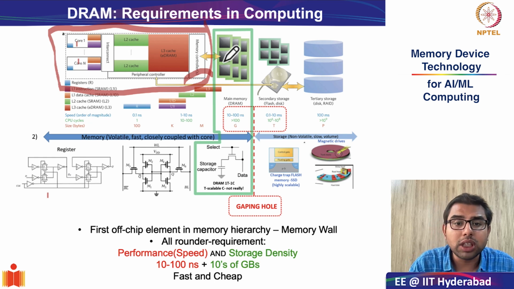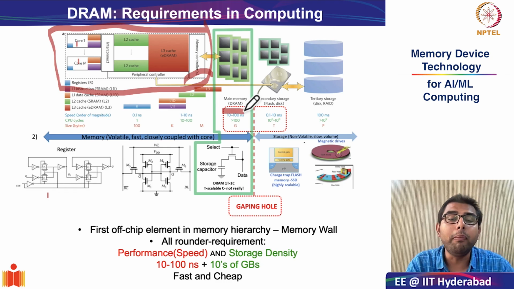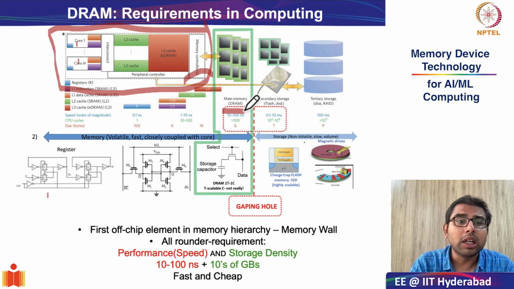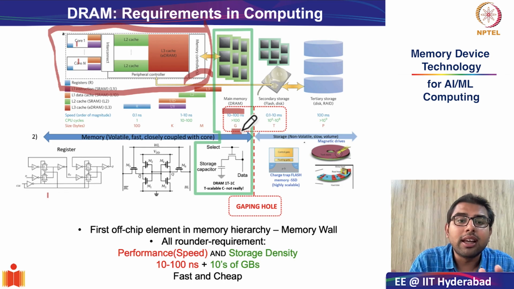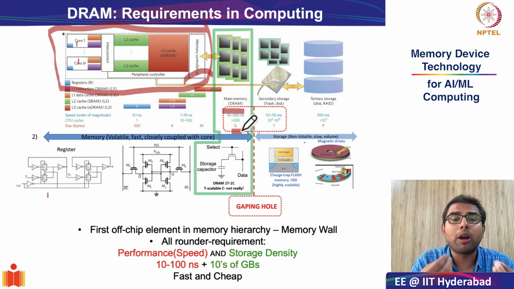So in modern day systems, the latency that you expect from main memory or DRAM systems is roughly in the order of 10 to 100 nanoseconds, hundreds of nanoseconds, and you are expecting that the size it has to offer is in the order of gigabytes. Now this is completely different from your cache memory, where you were expecting to have only a few kilobytes or megabytes of capacity, but very low latency in the order of 0.1 nanoseconds to 1 nanosecond. Here you are compromising on latency for higher capacity, right?